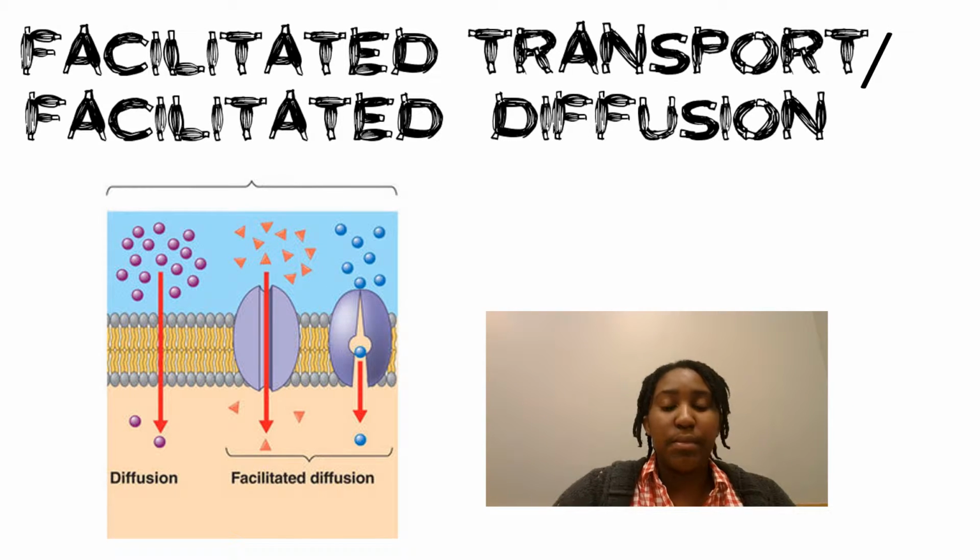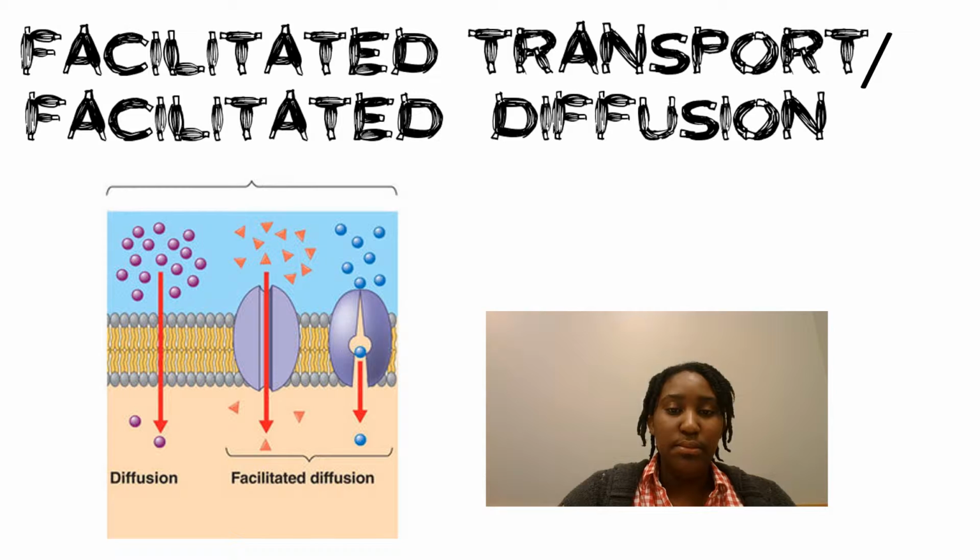Facilitated transport, also known as facilitated diffusion. Materials diffuse across the plasma membrane down their concentration gradient with the help of membrane proteins. A concentration gradient allows them to diffuse into the cell without using energy. These materials are ions that are polar and are repelled by the hydrophobic inside of the phospholipid membrane. The material attaches to protein receptors on the membrane surface and is passed to specific integral proteins that aid their